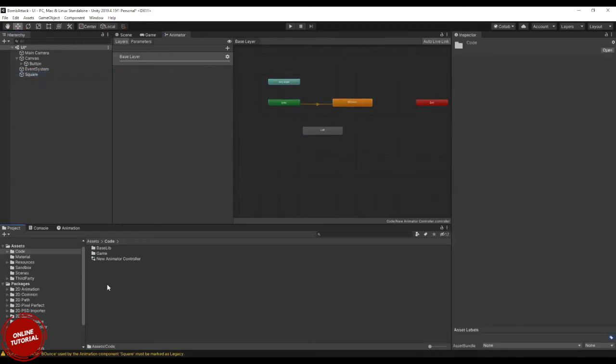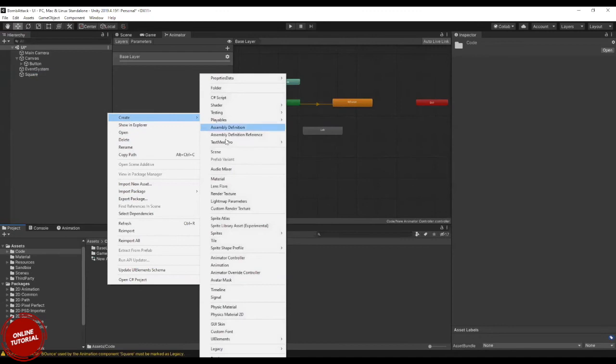Okay, and so if a controller has two properties, for example, imagine you have a character of a male and a character of a female in your game or in your application.